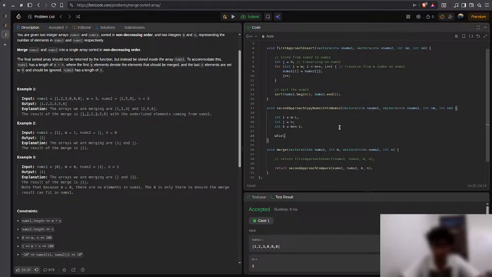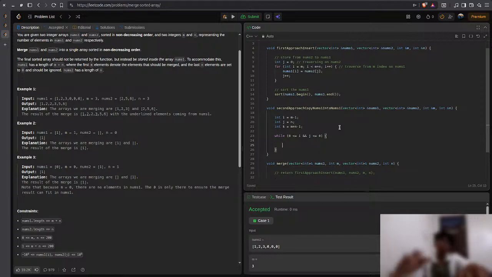Okay, while my i is greater than or equal to 0, and my j is greater than or equal to 0, then